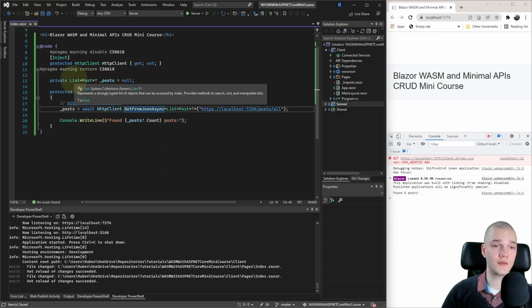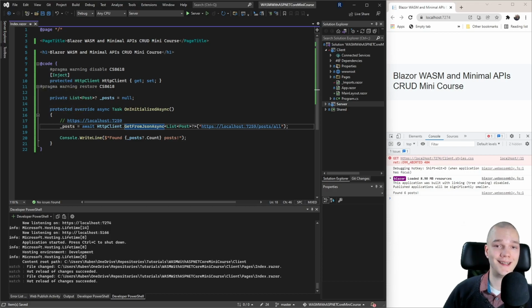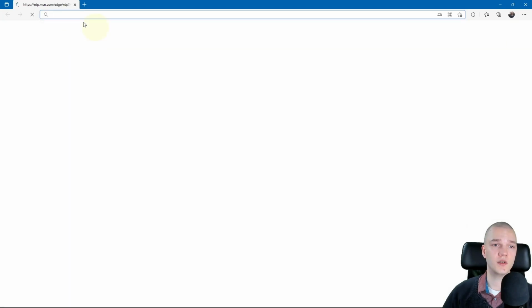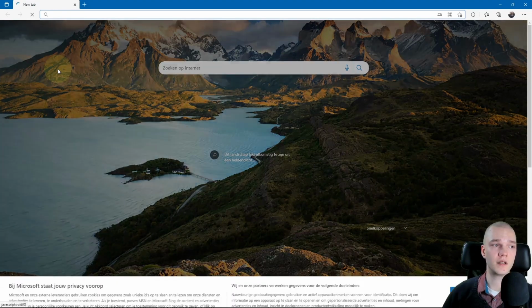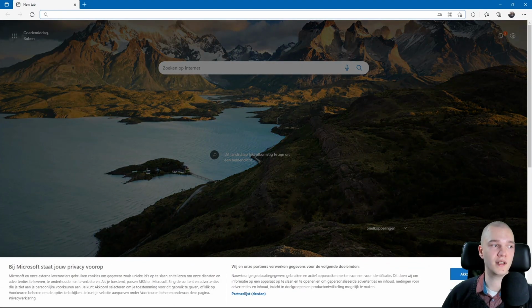Right, so now I want to display all the posts in a Bootstrap table. I'll just open an Edge instance because that should be my development browser, but it's a hassle to change the default in the command line in Visual Studio. So I've been defeated and just use Chrome now for Blazor development.